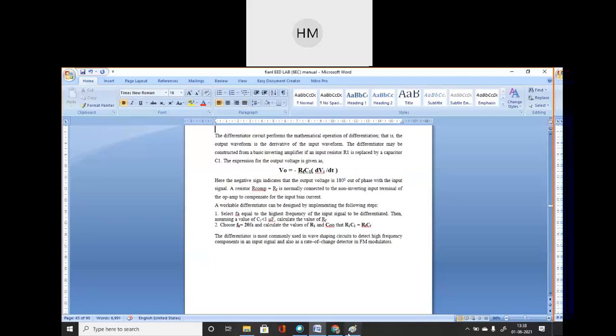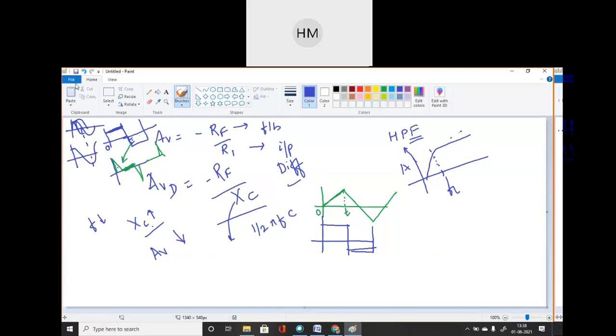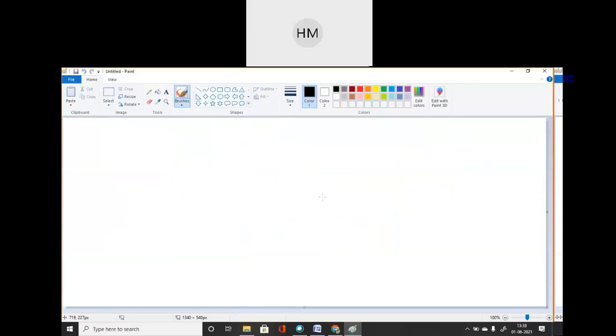Students, now I'm writing some equations. You write down this equation. First equation of frequency is, please write down, FA is equal to 1 upon 2 pi RF C1. ठीक है, FA is the highest input frequency which will always be mentioned in your question. That depends on RF C1. C1 and RF are the parameters for my basic differentiator circuit.